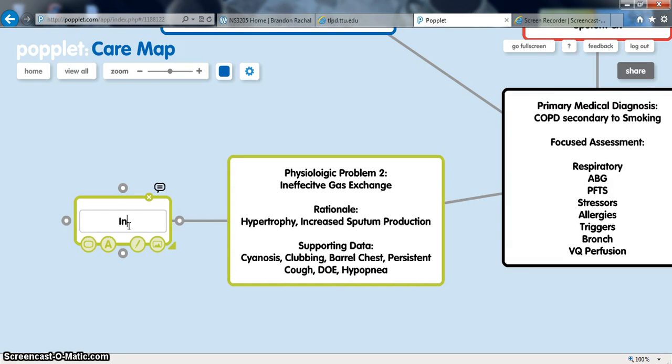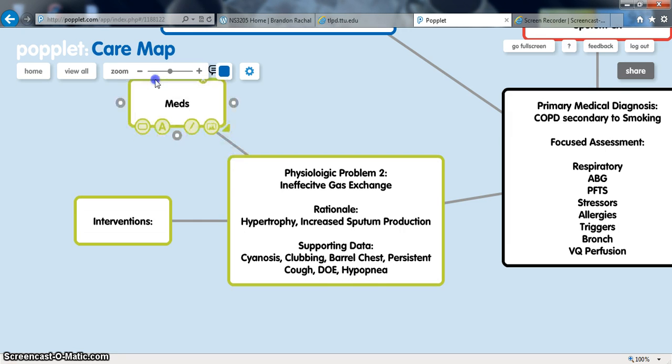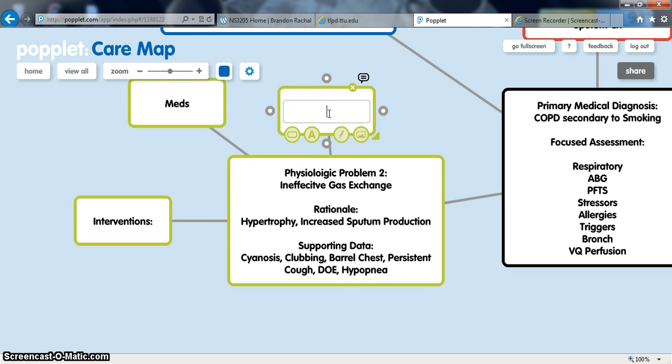So let's start with interventions. What are you going to do? You go in and tell me all of those things related specifically to ineffective gas exchange. We will do one for meds. Tell me all the meds that they're on specifically for that. And then we will talk about labs, so any labs that you're going to draw that's directly related to ineffective